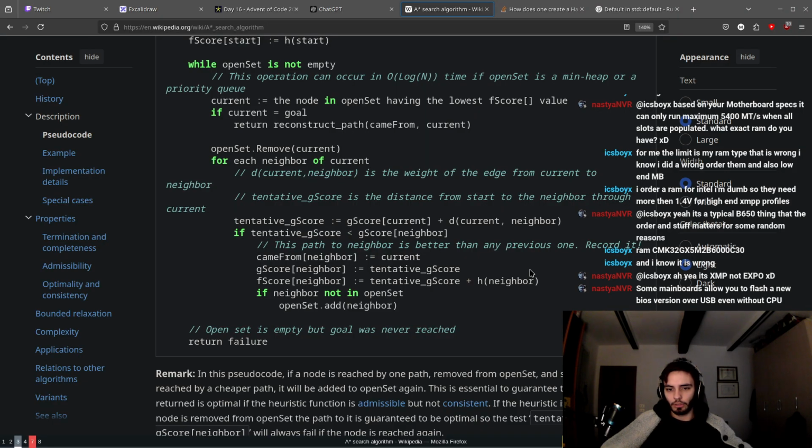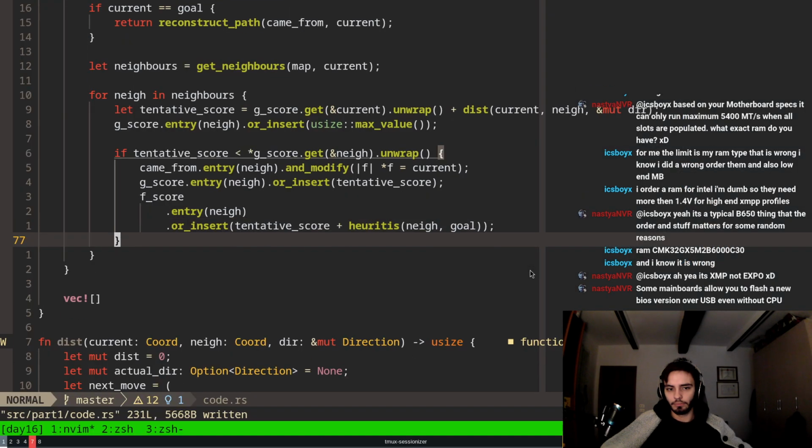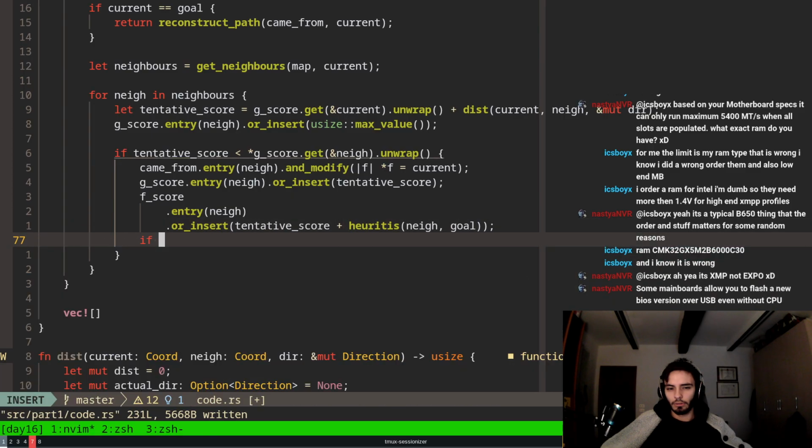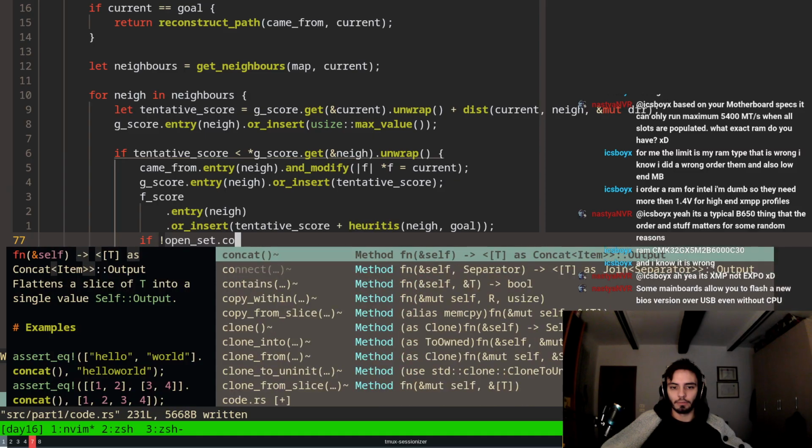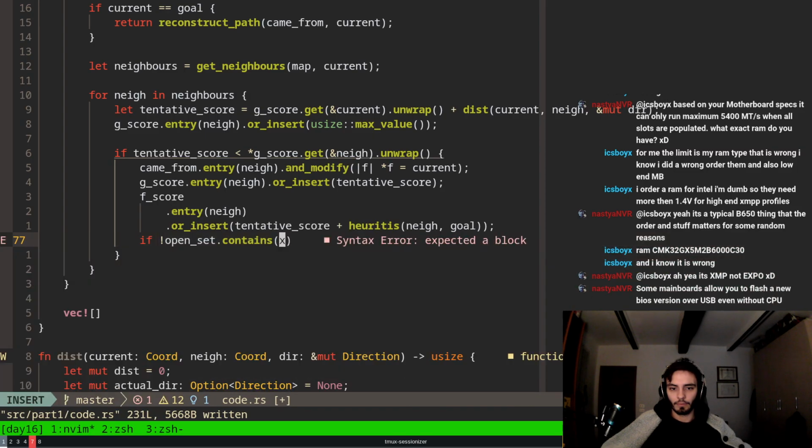If neighbor not in open set, add neighbor. If open set doesn't contain the neighbor,